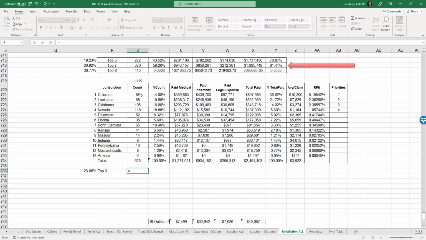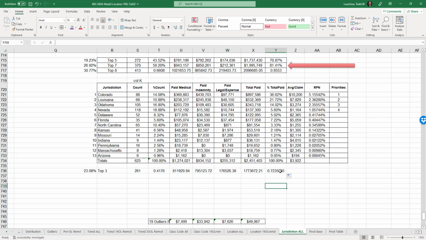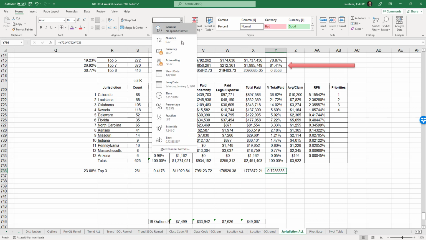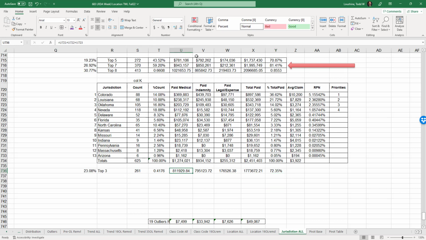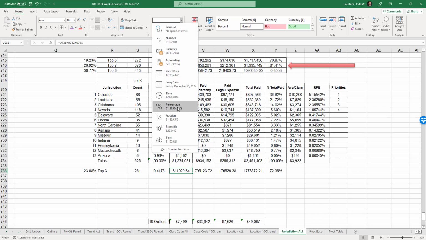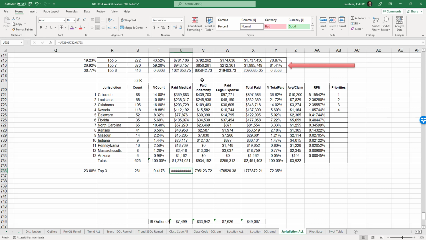Equal top 3. 1, 2, 3. And drag it. All right, turn this into a percentage. Turn this into a percentage. No, Z, turn this into a percentage.